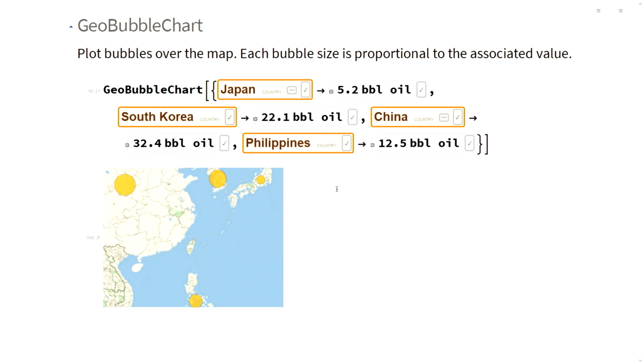Another way to visualize this kind of data is by using GeoBubbleChart. A GeoBubbleChart, as you can see, shows bubbles whose size, or whose area,